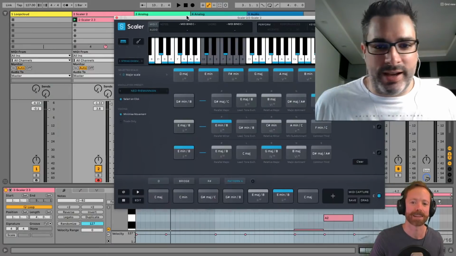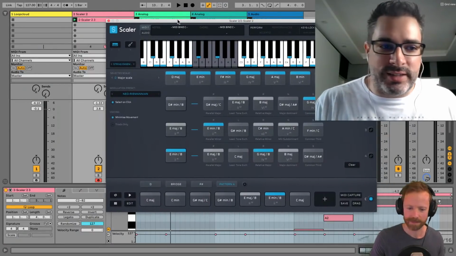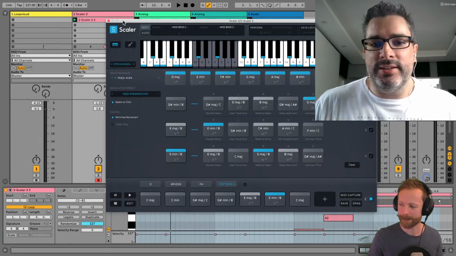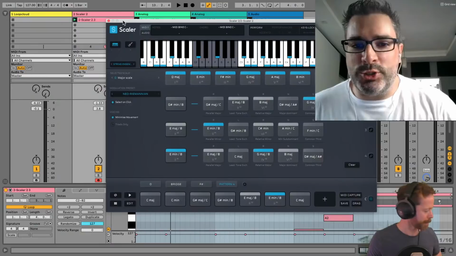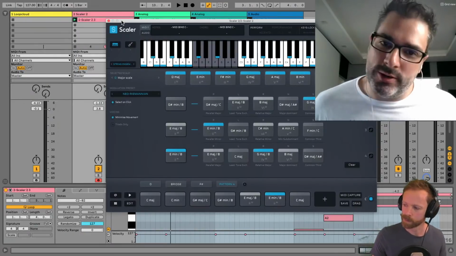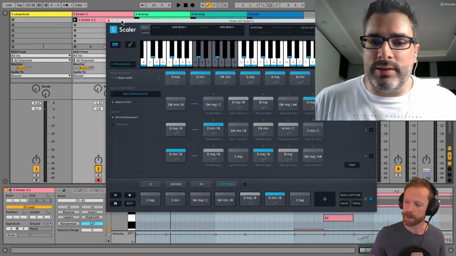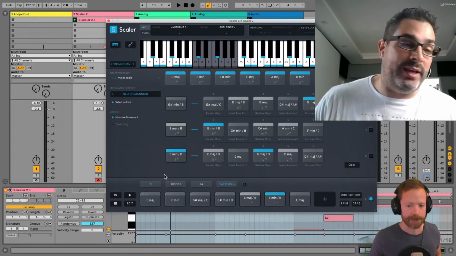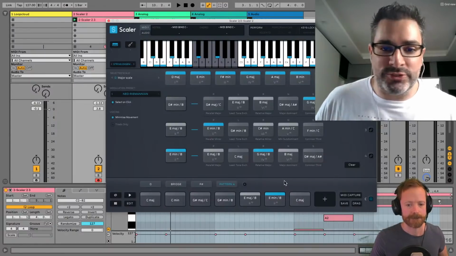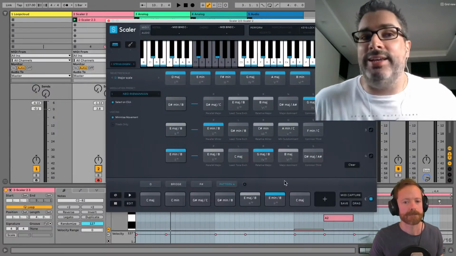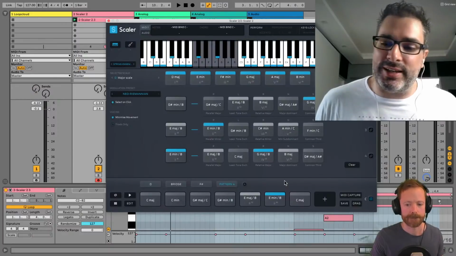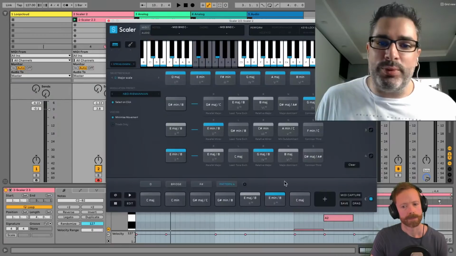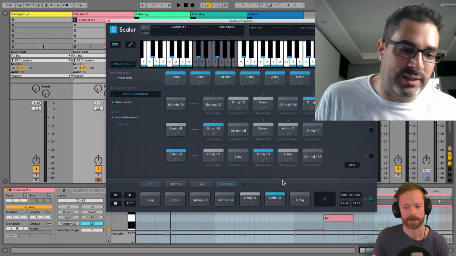Lovely. Yeah, incredible. Like I was saying a second ago, I would have been completely afraid to take dark gray and light gray and blue and put them together in any order before. But now it's like, yeah, you can do it. Not only can you do it, but most of the massive composers out there do it all the time, and it sounds fantastic. They always say you've got to learn the rules to break them, and Scalar's helping you do both, and it's absolutely fantastic.